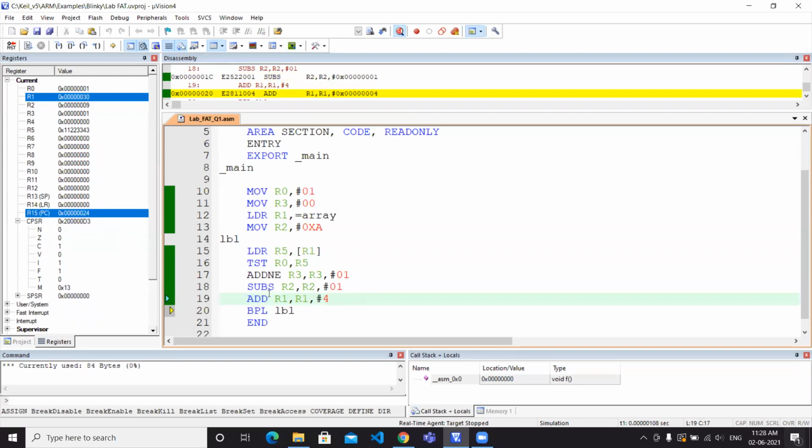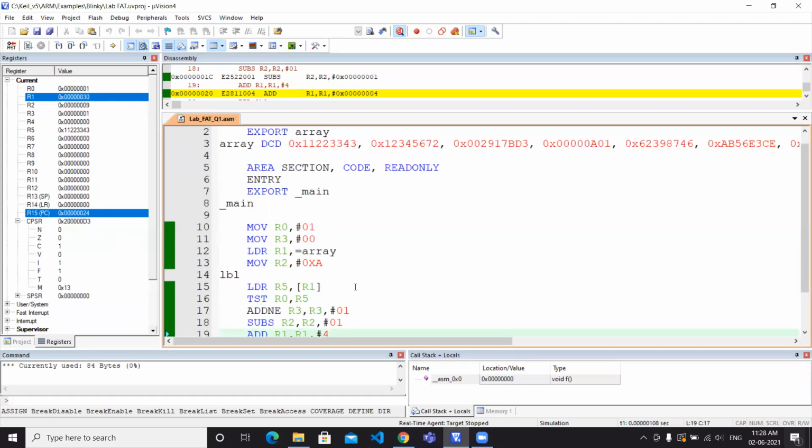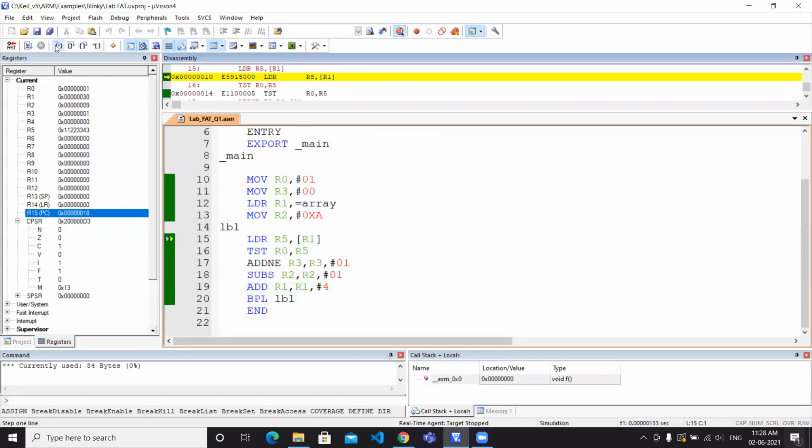In this step we are adding 4 to R1 to jump to the next value. And here the loop starts again, and it is shown that our first value is an odd value.